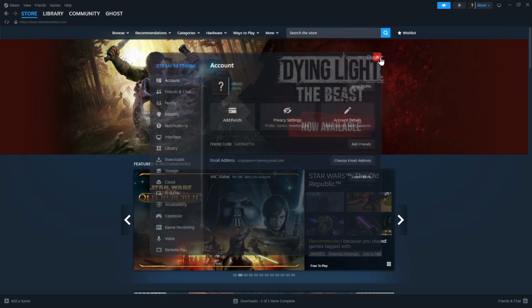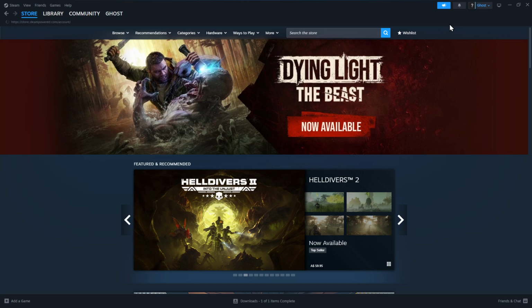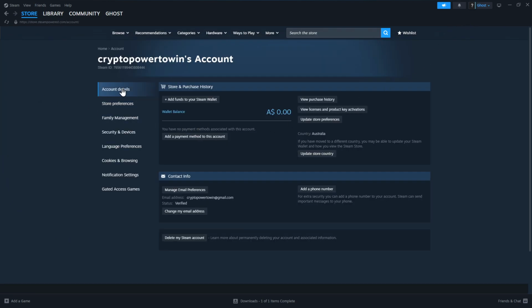All right, it's not inside of settings. It's actually inside of our profile. So click on our profile and click onto account details there. Now, make sure you're inside account details under contact info. Now where it says phone number, go ahead and remove that phone number from that old account detail